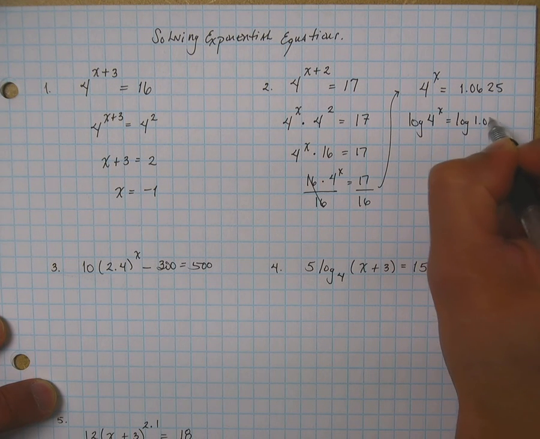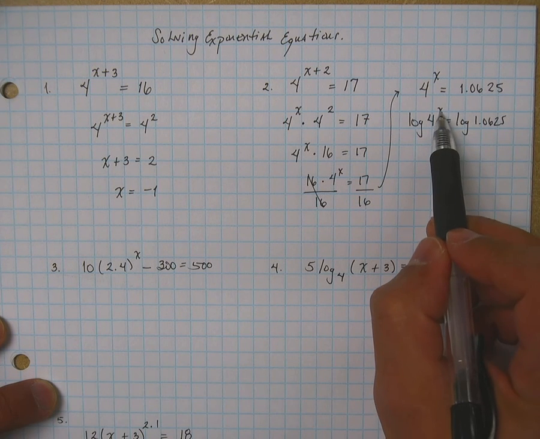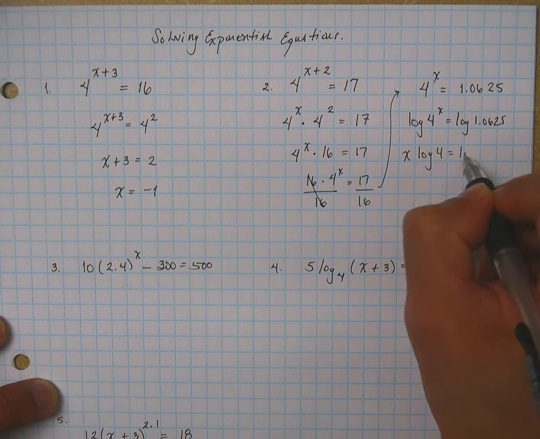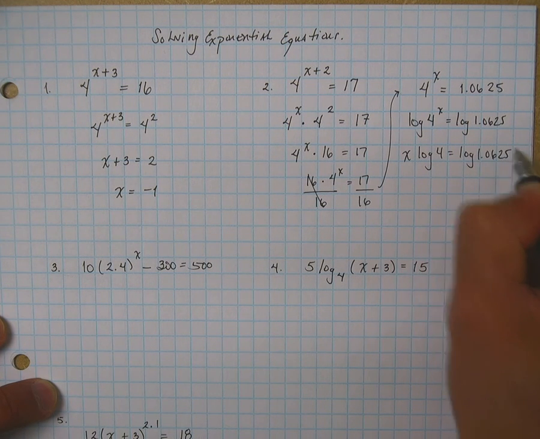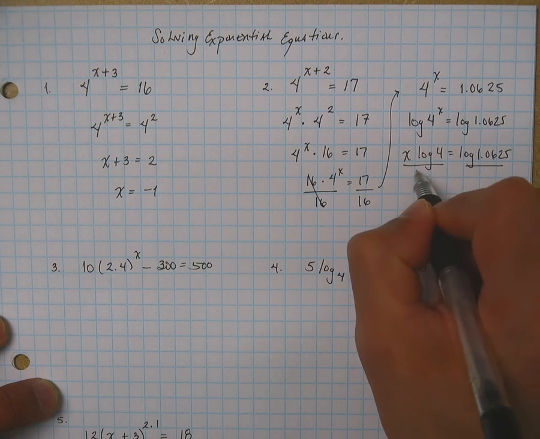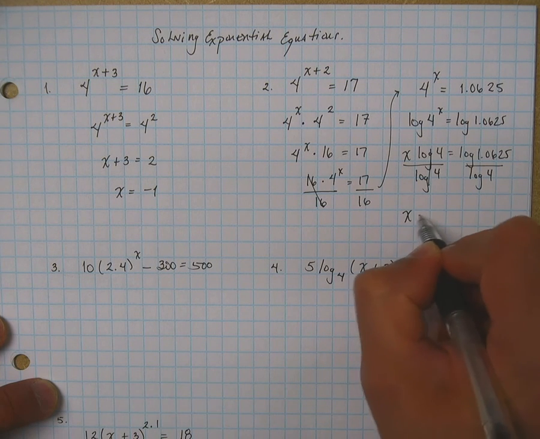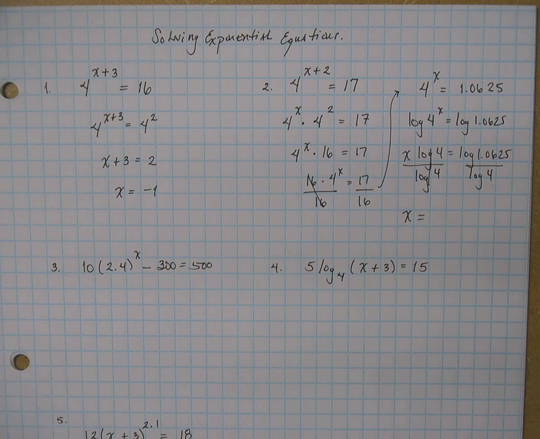Log of 1.0625. Now, because of that, you can use the power property of logs. This guy goes down. So we have x log of 4 equals log of 1.0625. Divide both sides by log of 4. And that should give you your answer. So all I have to do is divide these two and get my answer. So let me get my calculator. That becomes log of 1.0625 divided by the log of 4, and that's going to give me